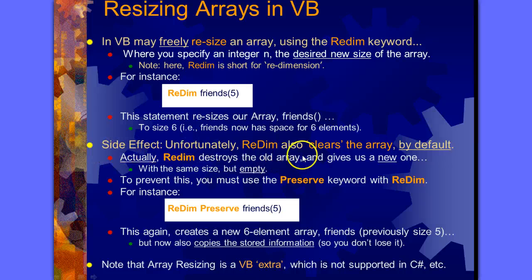Side effect, unfortunately redim also clears the array by default. Actually redim destroys the old array and gives us a new one with the same size but empty. To prevent this, you must use the preserve keyword with redim. For instance, redim preserve friends 5. This again creates a new 6-element array, previously of size 5, but now also copies the stored information so you don't lose it. Note that array resizing is a VB extra, which by that he means it's not supported in C# and other